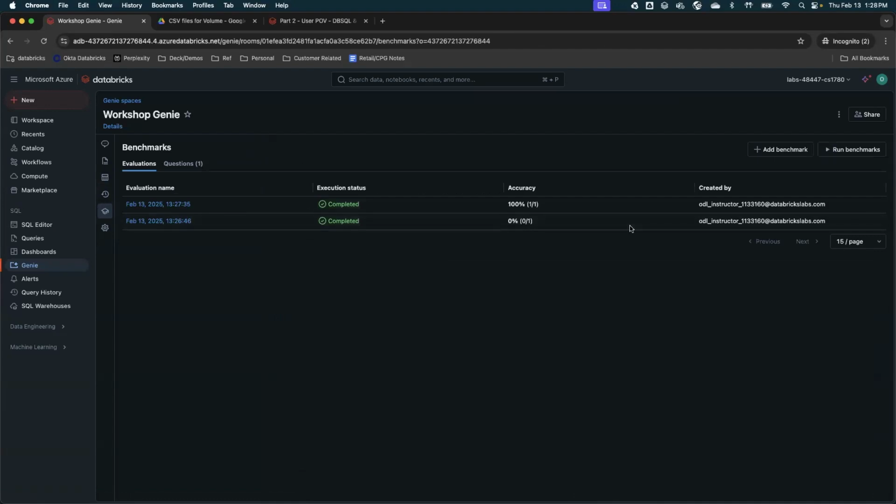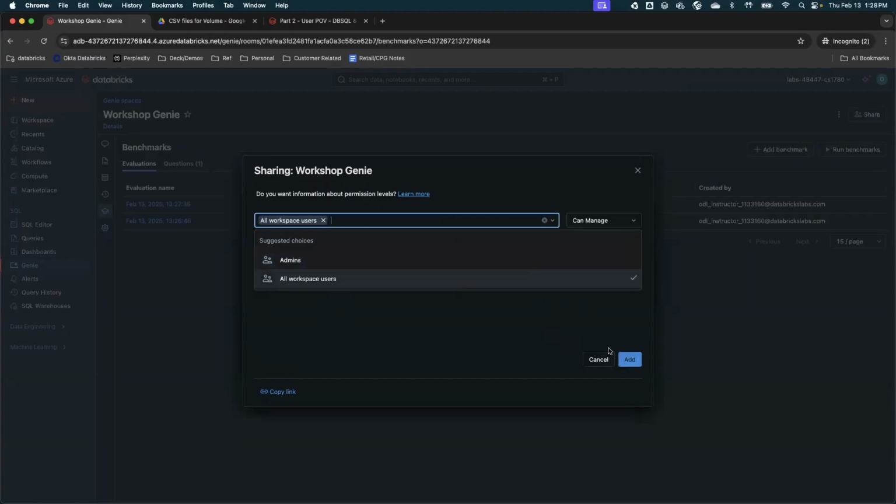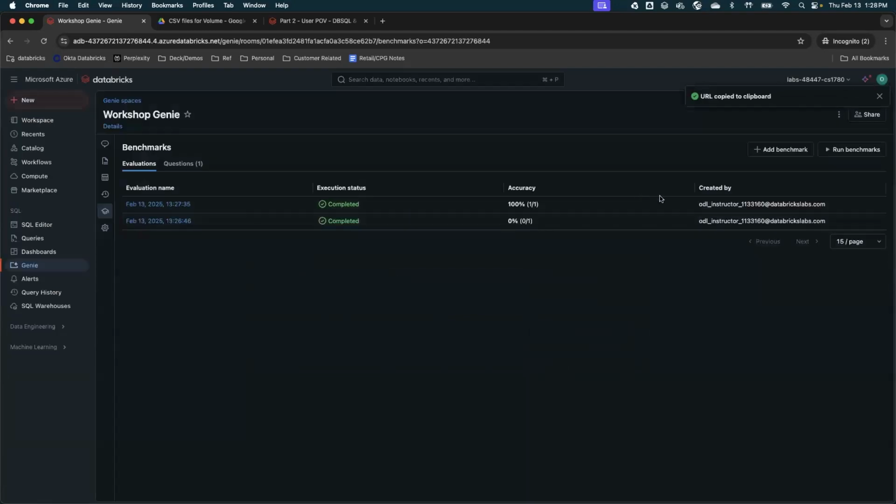So this is how we can build a Genie room. Now, once you build a Genie room, just like a dashboard, you can share it. So you can share Genie and you can give access to different people, right? So they can go and access it and ask questions. Again, like previously, I can give access to everybody. You can see how I added the benchmark, and you can edit it. Once people go and access this, I can always copy the link and people can directly go here. And they can ask a question to Genie and get the output.